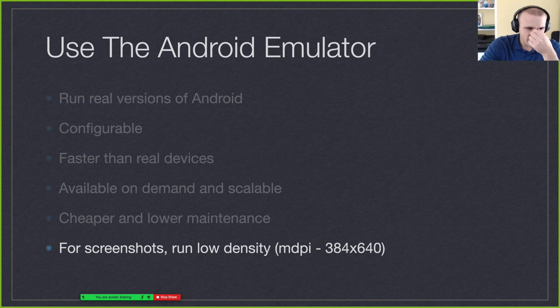One thing we did say on the bottom here is when you do screenshots, the recommendation was to actually do it on low density devices. At the time, it was MDPI on Android. It's not the lowest; it's medium density pixel index. So it's basically the number of pixels per